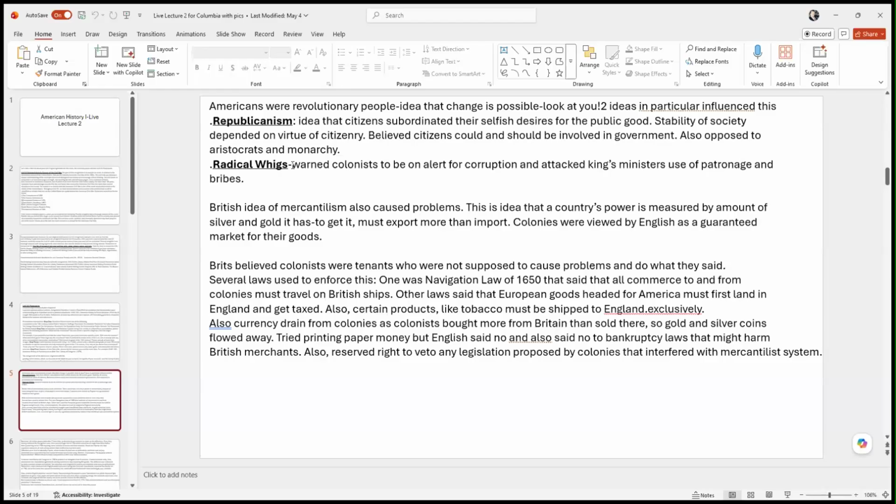So as all these policies are put in place, all dealing with mercantilism, currency, gold and silver, begins to drain out of the colonies because the British are hoarding it. So it became very difficult for colonial business people to do business. Colonial administrations tried to print paper money, but the British said you can't do that. They wouldn't let colonial merchants file for bankruptcy because they said that was hurting British merchants. So all those things were part of the mercantilist agenda, and they all harmed colonial merchants and colonial consumers.